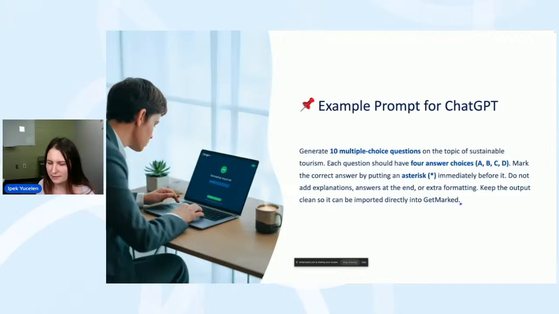So GetMarked is another app. I'm not sure if it's available to you in your university. At University of South Florida, we have access to GetMarked. It's also a type of AI that basically helps us take the ChatGPT output, which has multiple choices, right? It helps to directly upload it to Canvas. Canvas is the educational platform that we are using. So you don't have to waste time typing in every question to your educational platform. GetMarked automatically uploads and creates the Canvas quizzes for you, practices for you.